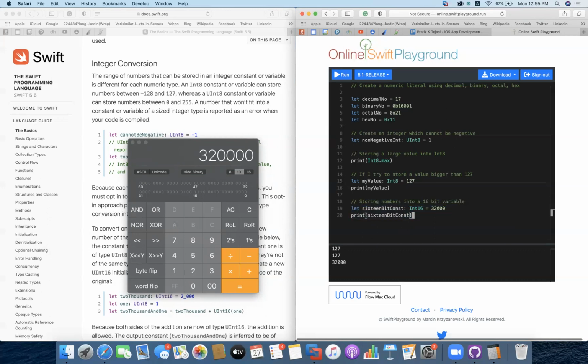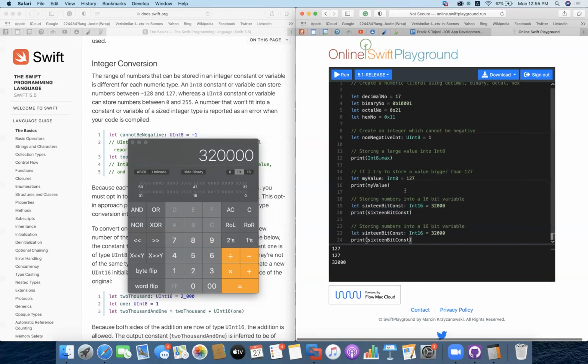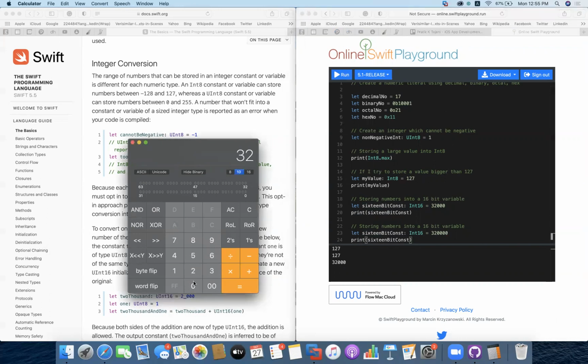But in the same way, if I want to store 3,20,000 in it, you can see why we were able to store 32,000: if you count 1, 2, 3, the value comes somewhere here. Can you see that? So it is less than the maximum size. The maximum size could be all ones.